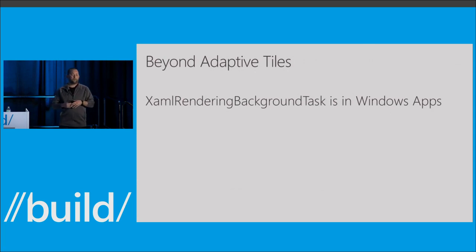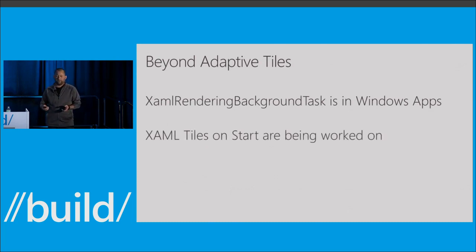Essentially, it's a way for you to create content. You can take and create some XAML controls and stuff in Visual Studio that you like, and then render it to an actual image that you then put that whole image on your tile. So whenever adaptive doesn't quite meet your needs, you need to do something a little more advanced or something we haven't enabled for you, you can do XAML rendering background tasks and just render an image and make your tile look awesome that way. It's available now to all universal Windows apps.